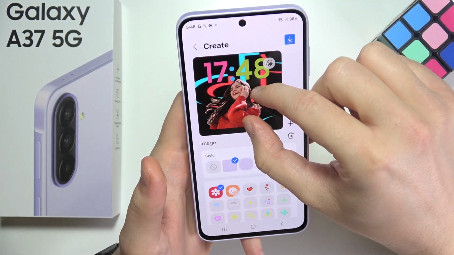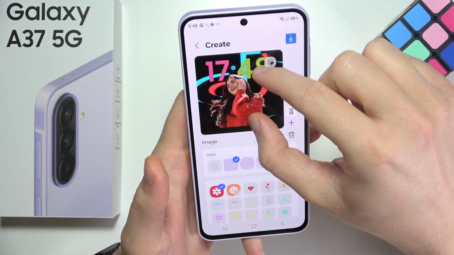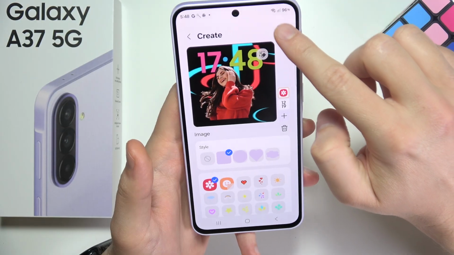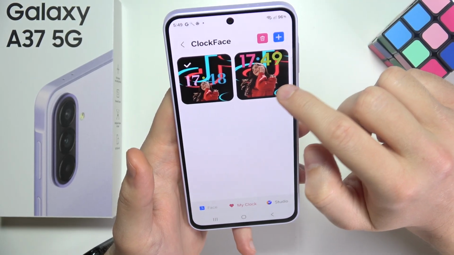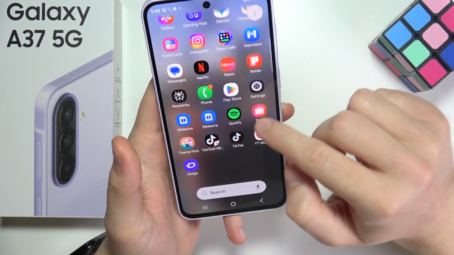So now it will look like this. There we go. So it will be much bigger actually. And we have to click here on this icon. Now we have to mark it and set as default by clicking here. And now we have to go to the settings,